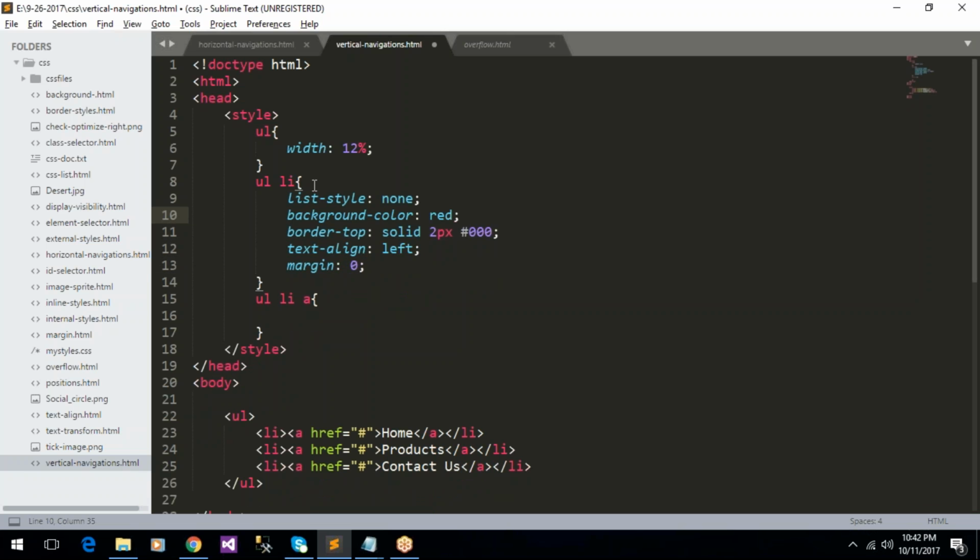Okay, border top, text align, and margin, and for LI tag display block,